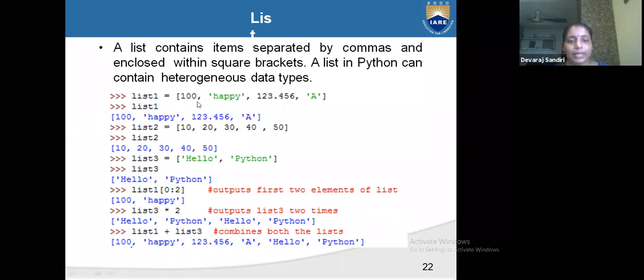So here in the list, this is an integer, this is a string written in single quotes, this is a float, and this is also a string.